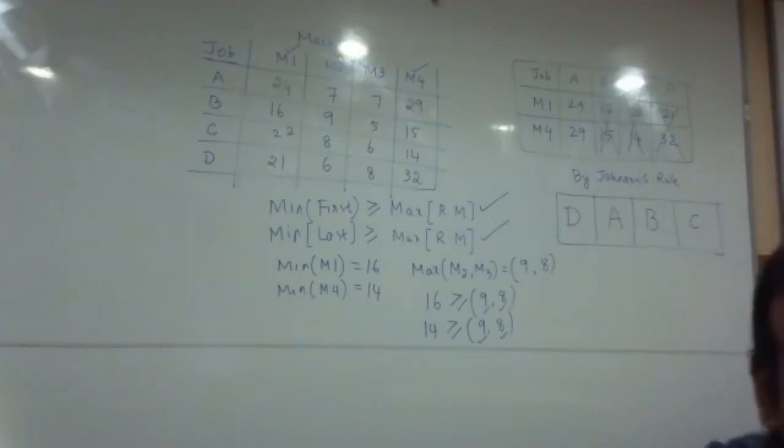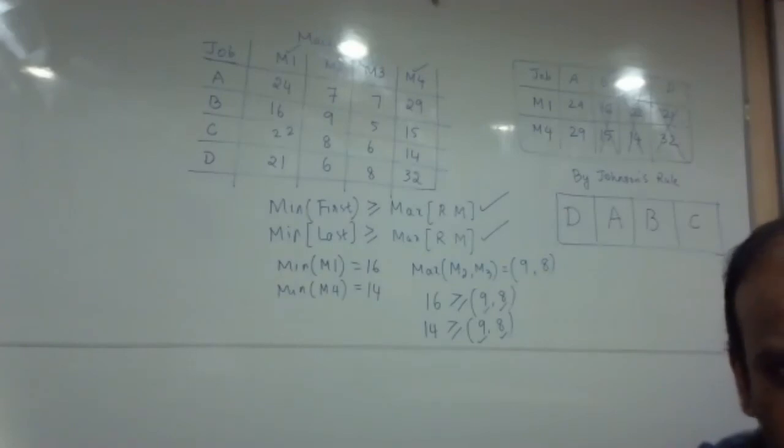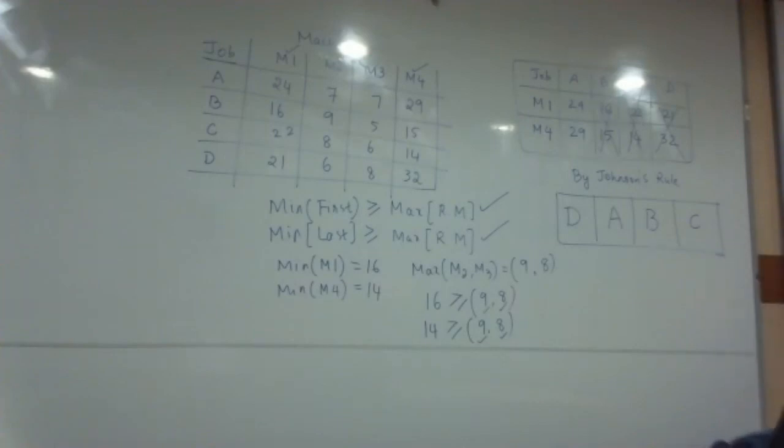Okay. Maybe some calculation error should be there. Don't worry. You can just take some 5 minutes extra and see where you have gone wrong in addition. I think you should be getting the same answer. Anyway, I have the answer with me. If you want, I can give the answer as well. I think the answer is 125. 125 is the correct answer. Yes, sir. And the idle time is 42, 95, 99, and 35. Correct?